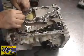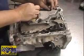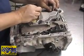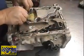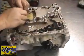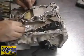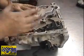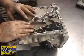Now, many reverse manuals, and this being one of them, you will not feel a 1-2 shift on the lift. You do have to have the car loaded or on the ground or on the road to feel the transmission shift from first to second when you move the lever. So if it's on the lift and you've got it all filled back with fluid and you pull the shifter from first to second and you don't feel a shift, put your foot on the brake a little bit and